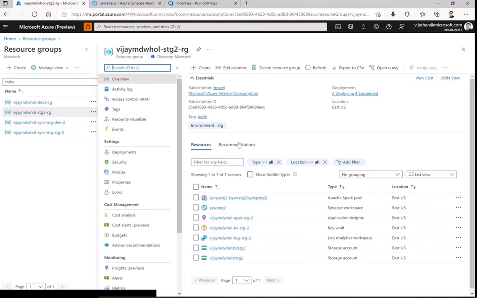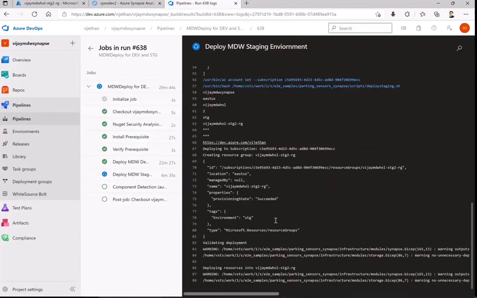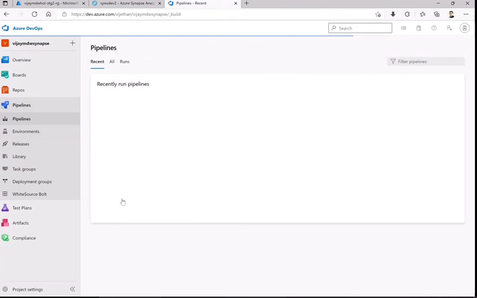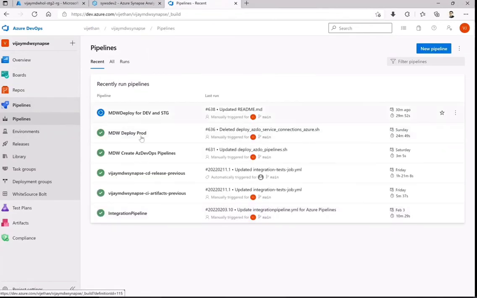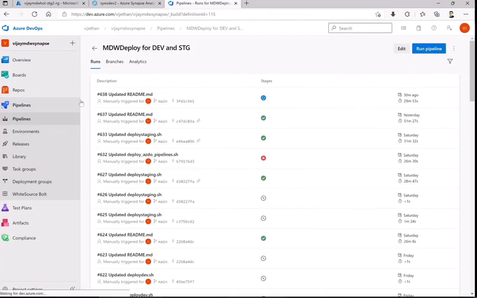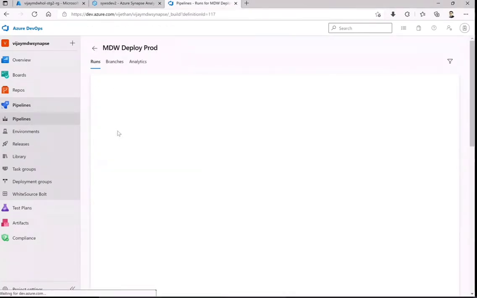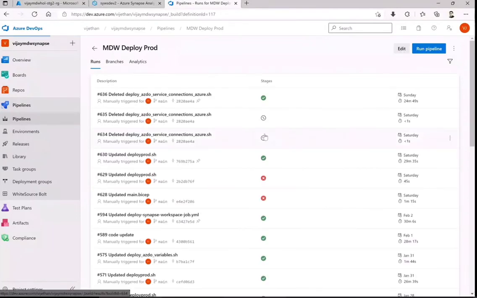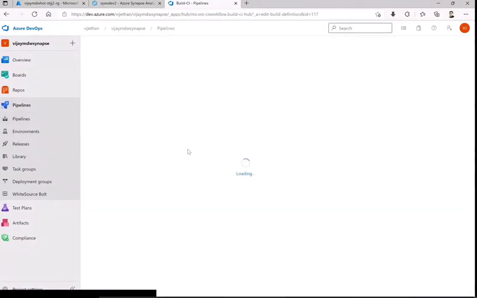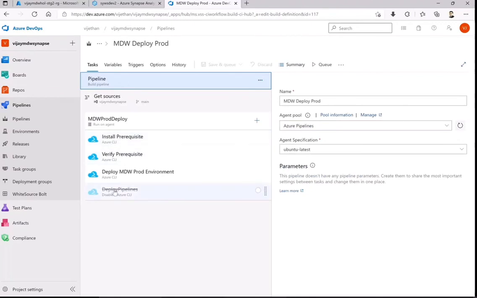Okay, the other thing is from the pipeline per se, as of today's session, I think we will stick to the dev, staging and production. I'm not doing this because it is exactly similar. The only change is that I have only one particular task.